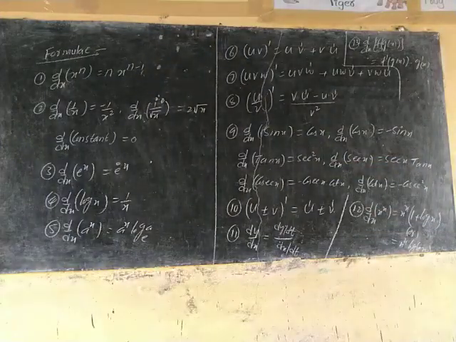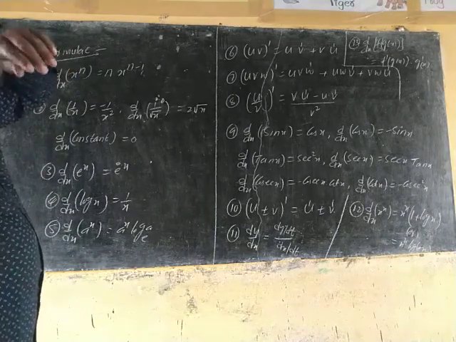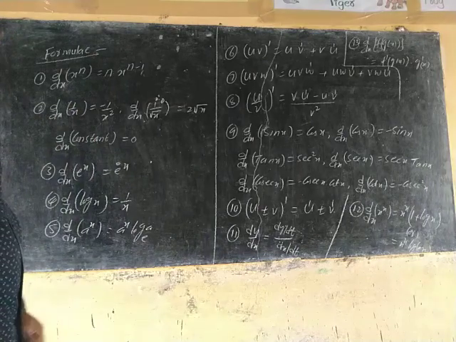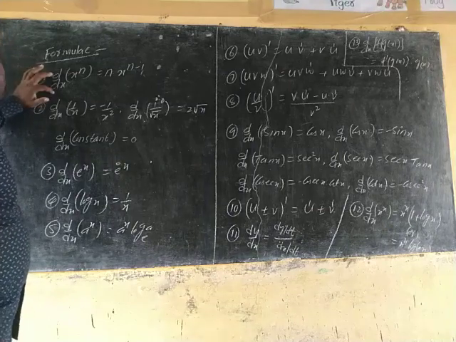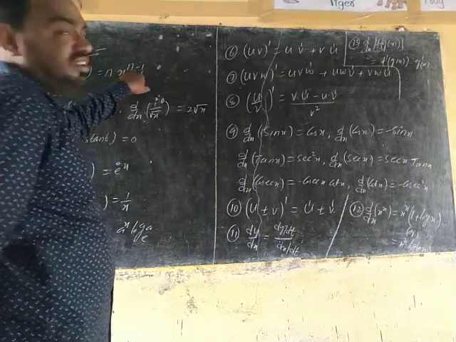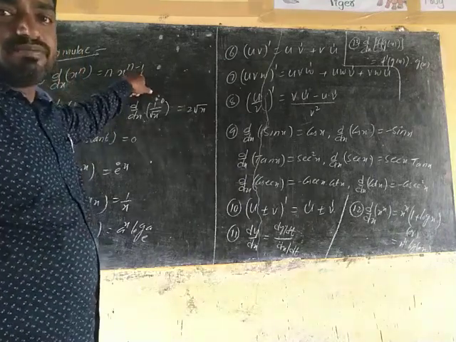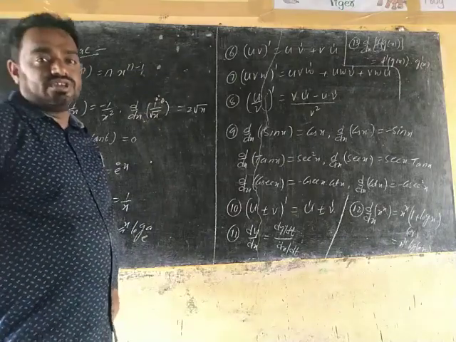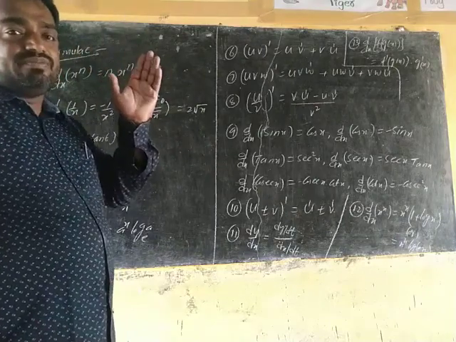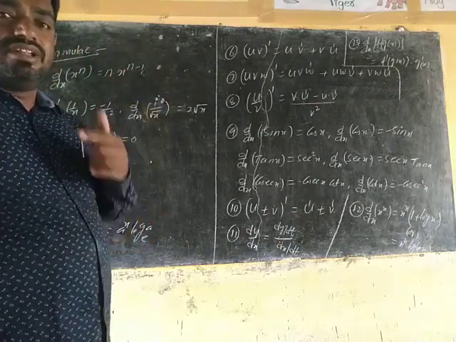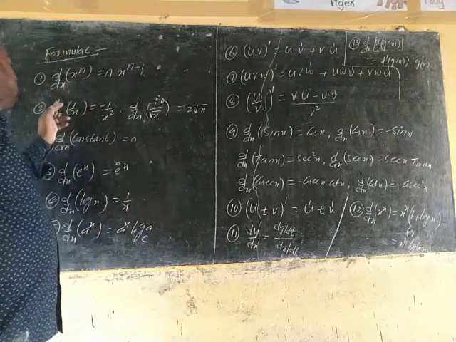Right? Next we will see some formulae on derivatives. All these formulas we used in first PUC, so recall them. First, the derivative of x to the power of n is n into x power of n minus 1. For example, derivative of x power of 10 is 10 into x power of 9, and x power of 2020 gives 2020 into x power of 2019. The power is multiplied, and the index of x is decreased by 1.